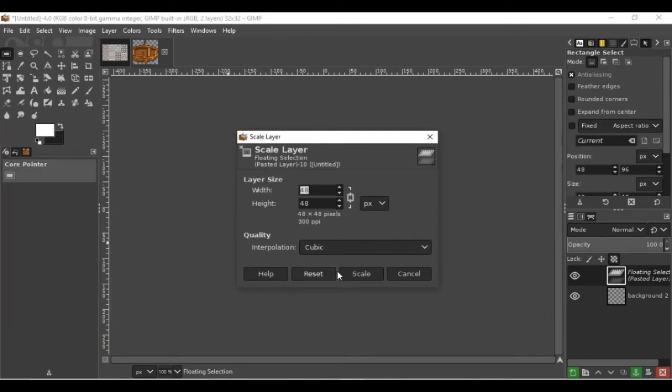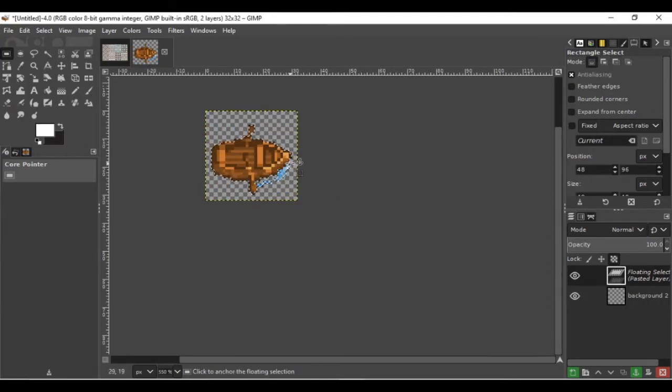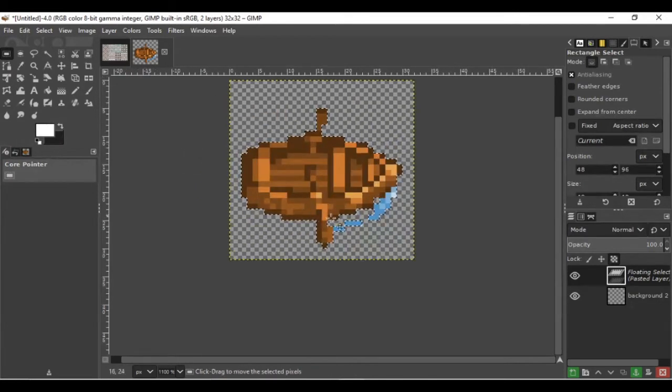So we're going to scale this entire floating layer. We want to always select none for the interpolation to get it as clean as we can. In this case, I'm fine with doing it by pixels, but you can do it by percentage. And this links or unlinks these two. So as soon as I hit tab, it corrects this one to 32 because they're linked, and I scale it. And now our icon's down here. So since I haven't already set to rectangular select, I can just click somewhere on the image and it'll automatically